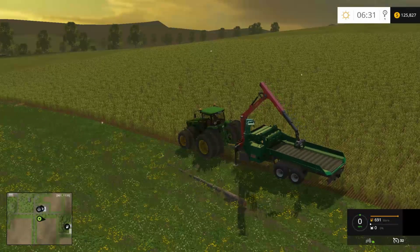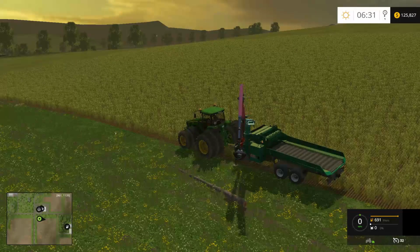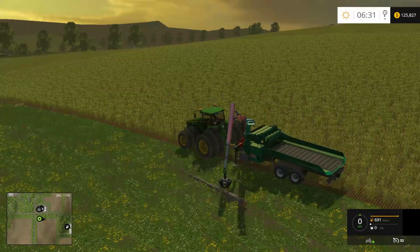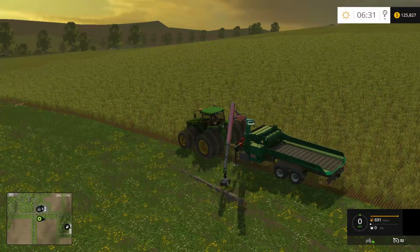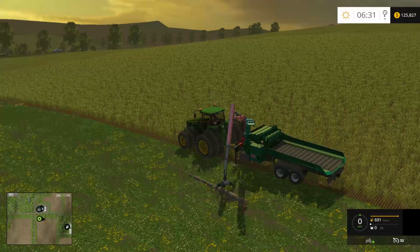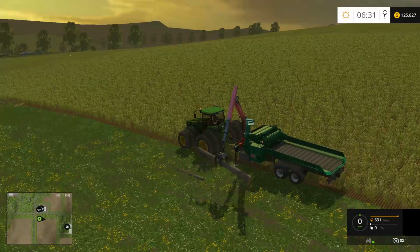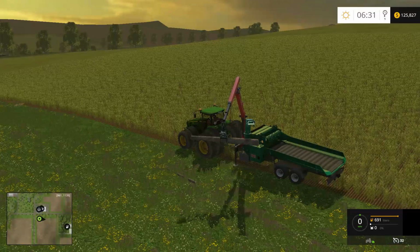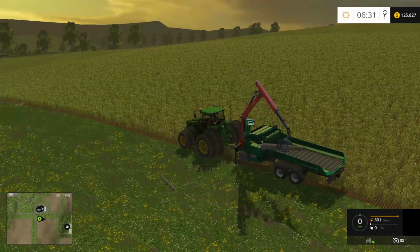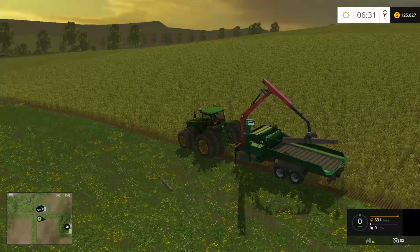But yeah, if you had a multiplayer, one guy could make this tractor run, and the other guy could run his forklift tractor, and maybe loading would be a little bit faster than this. This is kind of a pain in the arse. So they're buggy, and maybe that's the problem with the other one. Maybe the other one has the same thing. If you put the log at a certain point, maybe you have to...